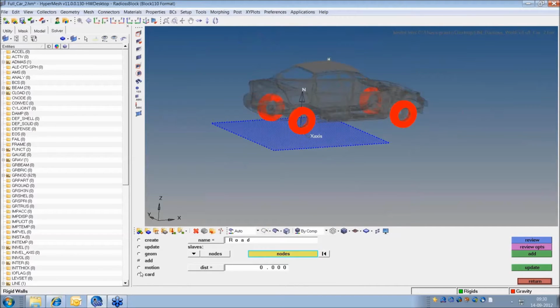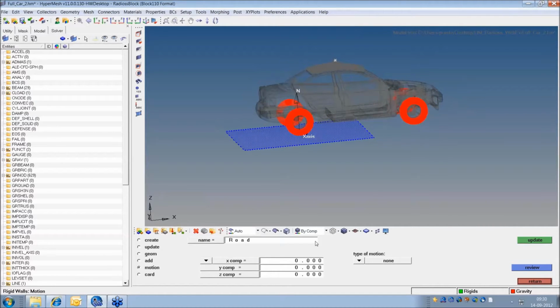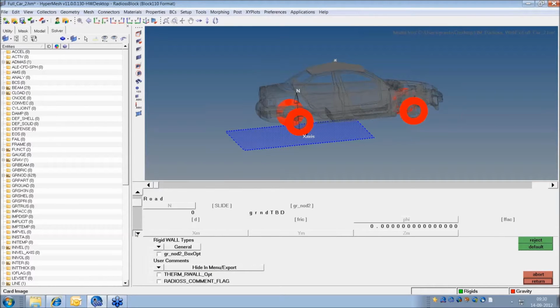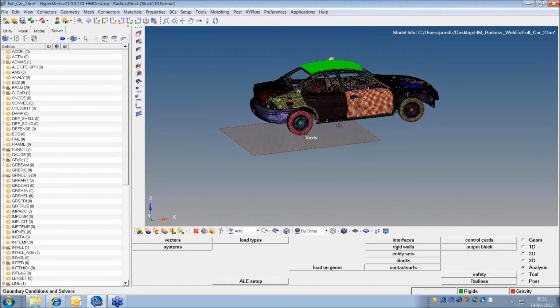I have different options in the R wall as well, like you can make this R wall move as well. Sometimes by using an R wall we create a barrier, a moving barrier maybe. So I'll create a vertical barrier and give velocity to that vertical barrier, whereas the car will be locked and held stationary. That is also a type of impact if you have such an application. And also in the card you can enter the friction between the road and tire. In this case I'm not doing that, but if you have any requirement, you can enter the friction as well. Okay, so we created the R wall.